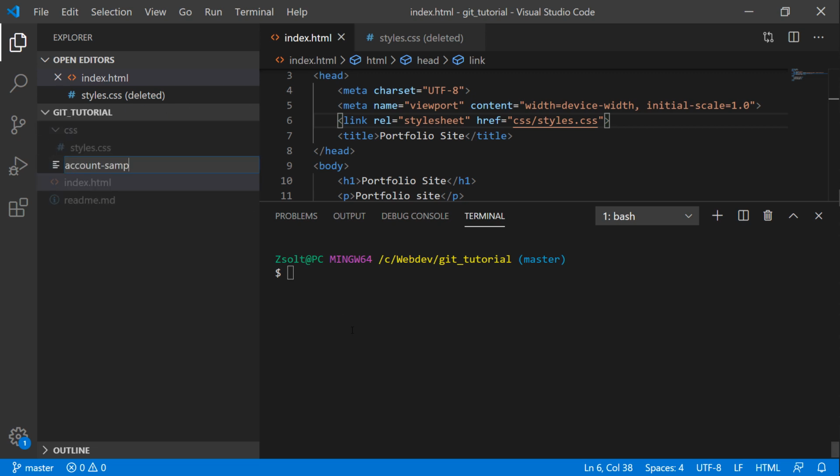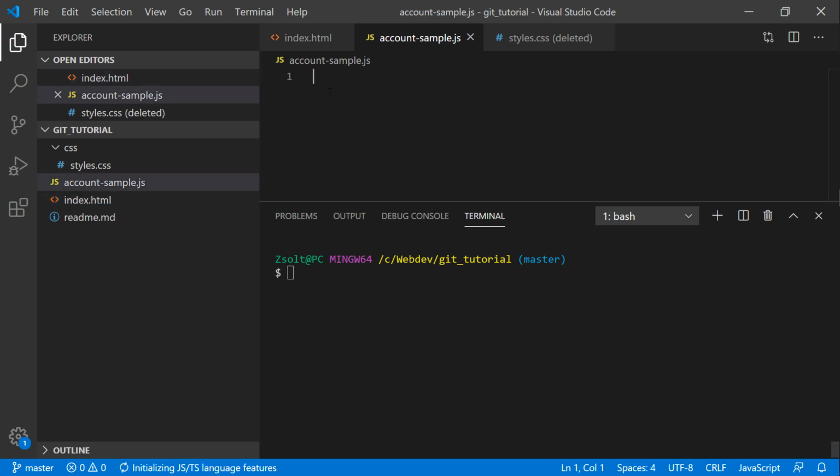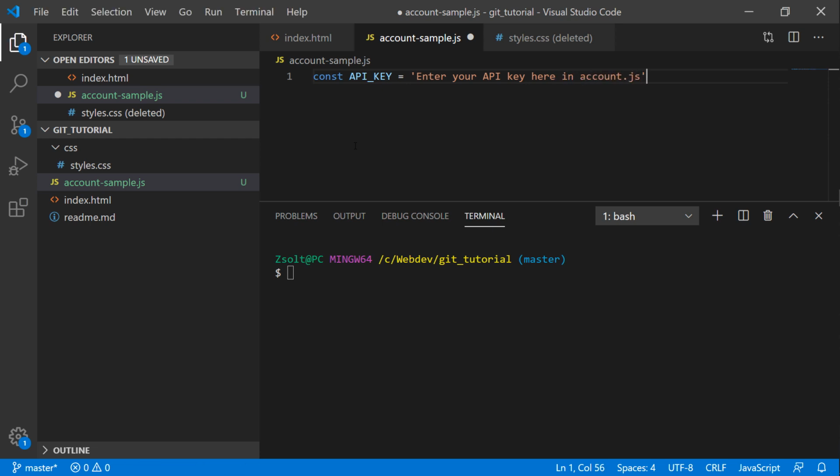So for example, if you have some secret configuration that you don't want to share with others, and you haven't learned how to store secrets properly on your server, then you could also create a configuration file. You create a sample version of it. For example, you write account-sample.js,